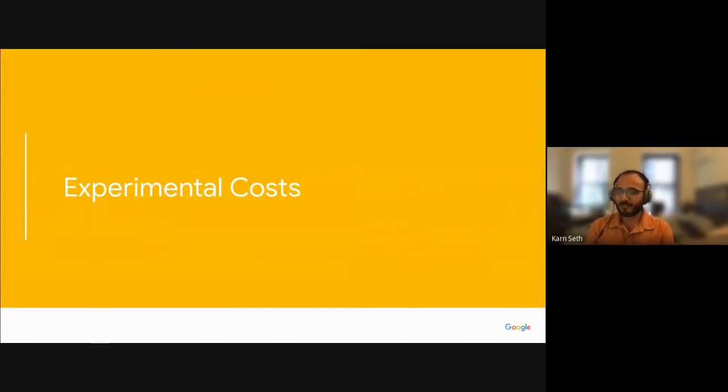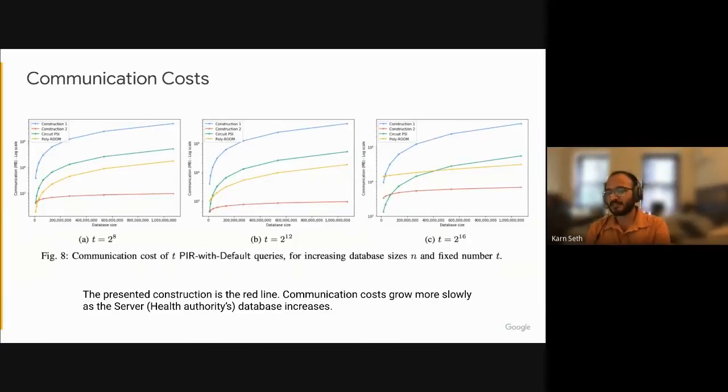So I just wanted to highlight one thing about our costs. Basically our costs go really well as the difference in the device's input size and the server's input size becomes more and more disparate. So here we have 3 graphs that show what happens to the communication cost as you increase the server's data size from hundreds of millions to a billion. Our solution is the red line. Our costs grow most slowly compared to other works as the server's data size grows while the user's data size remains the same. And the y-axis is actually log scale, so the other works grow a lot faster than it might seem.